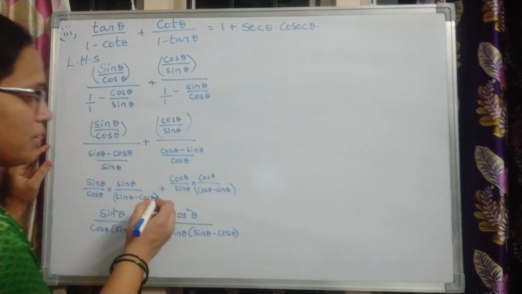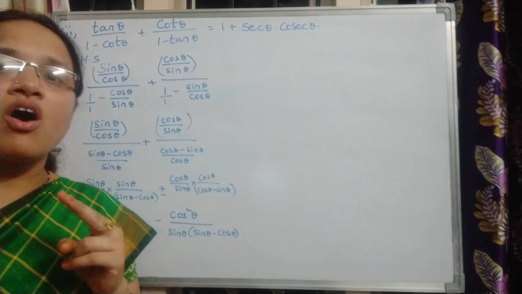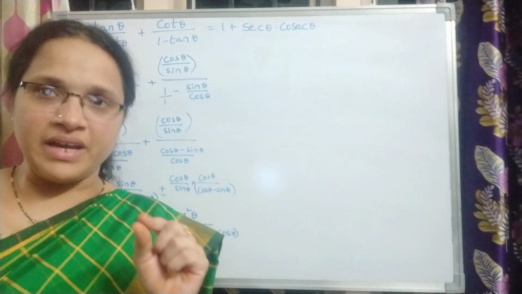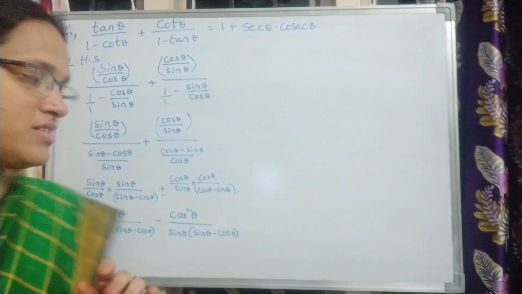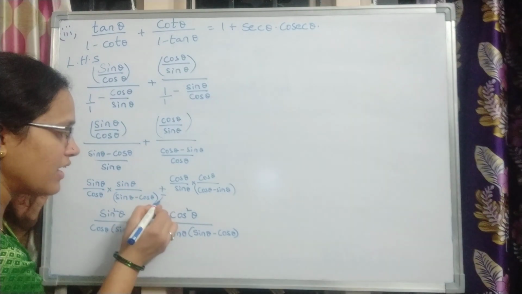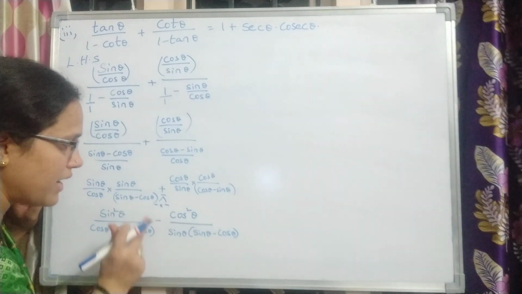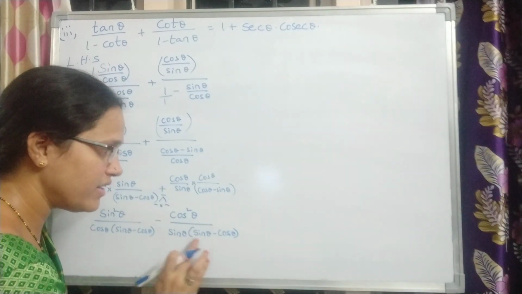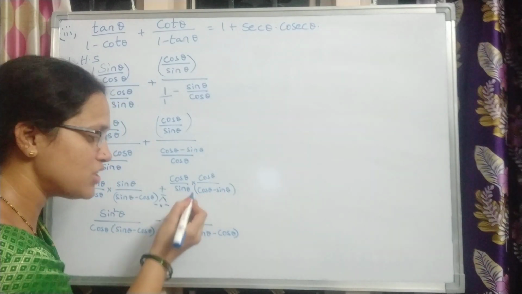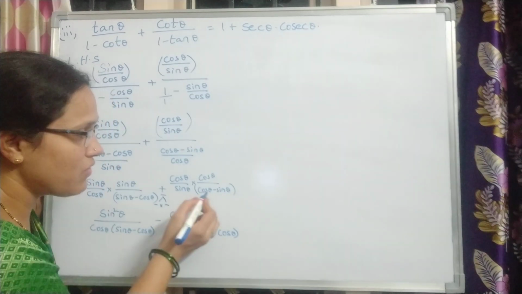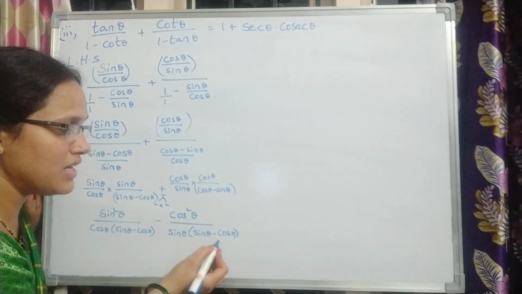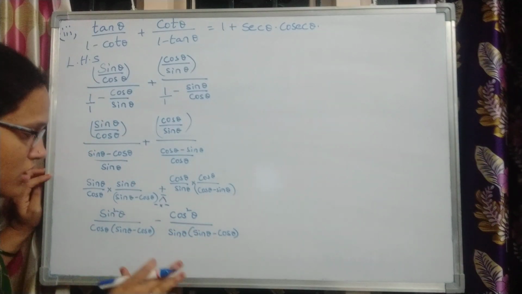I'll tell you, children. Plus can be written as, how can plus be written, you tell me? It can be written as minus into minus. Do you agree? Yes. So this one I can write as minus into minus. One minus I kept here and the other minus I took inside and multiplied. So if I multiply plus into minus, cos got minus. If I multiplied the negative sign before the sine, I got plus. So sin minus cos it became.